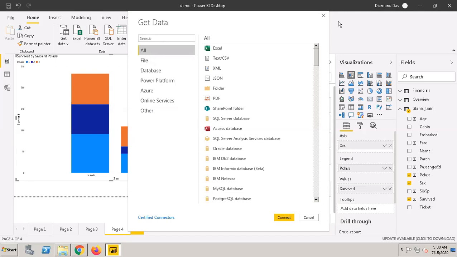Publishing a report is basically pushing the report to the cloud. Once it's on the cloud, you can generate a URL for that report, and then embed it in SharePoint. You can do whatever you want with that URL.